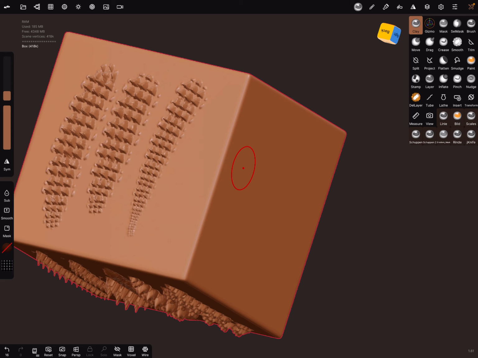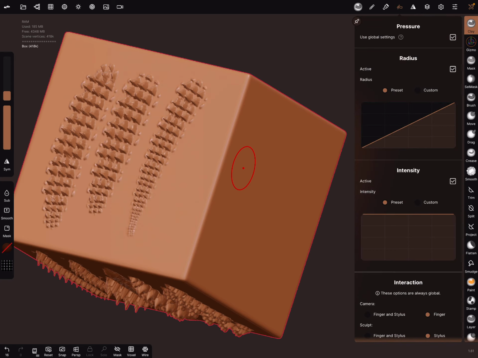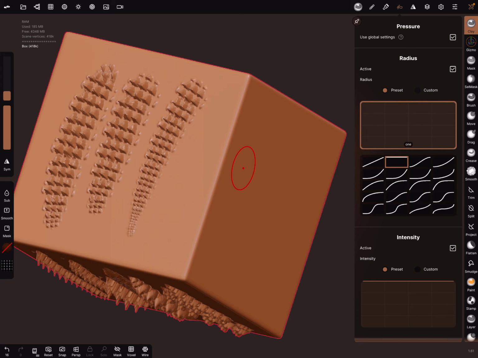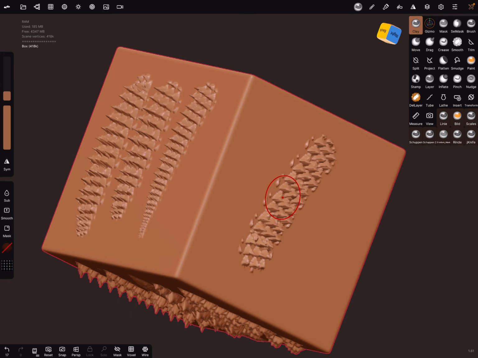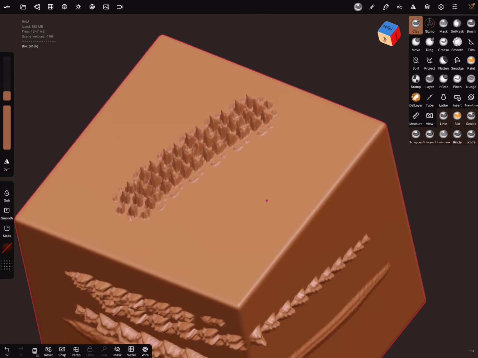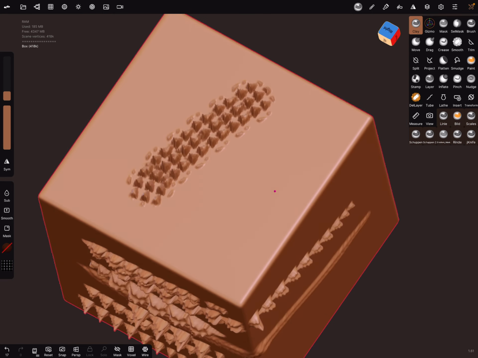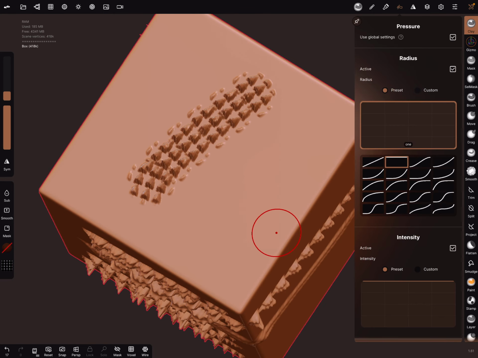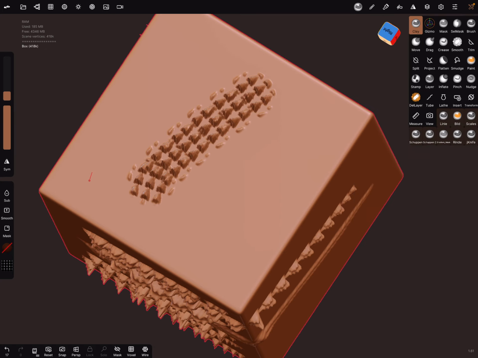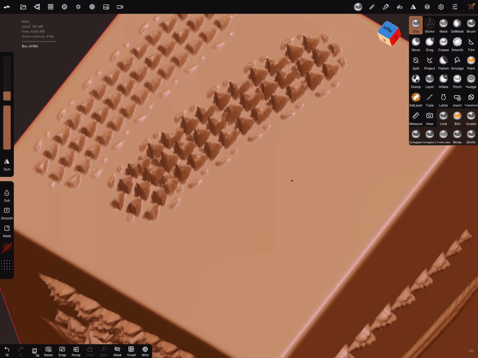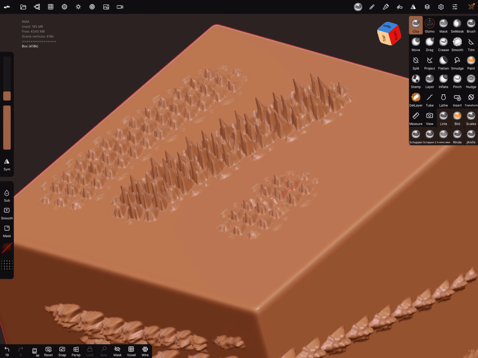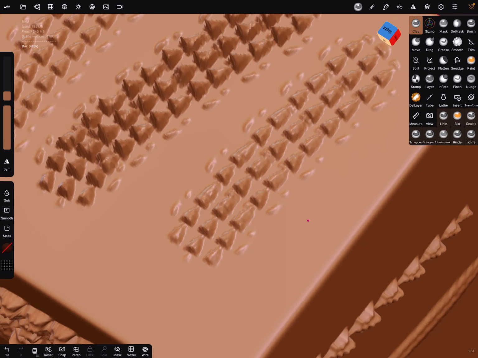And think about the pressure curve. This adjusts the radius, the first one, and you can set it to a flat one, and then it's always the same. And the pressure on the intensity, yes, you can adjust it like this.